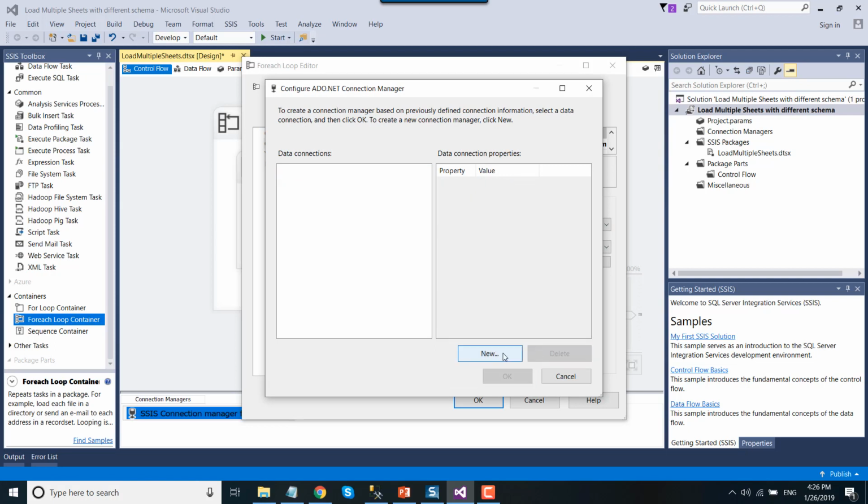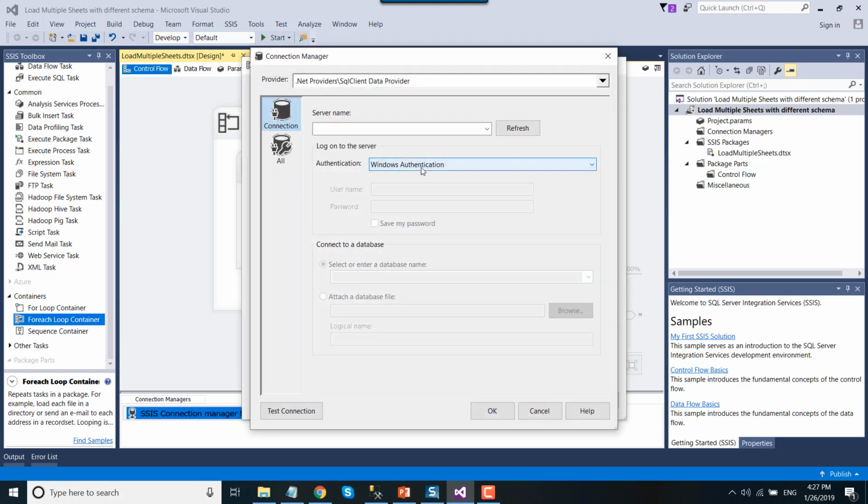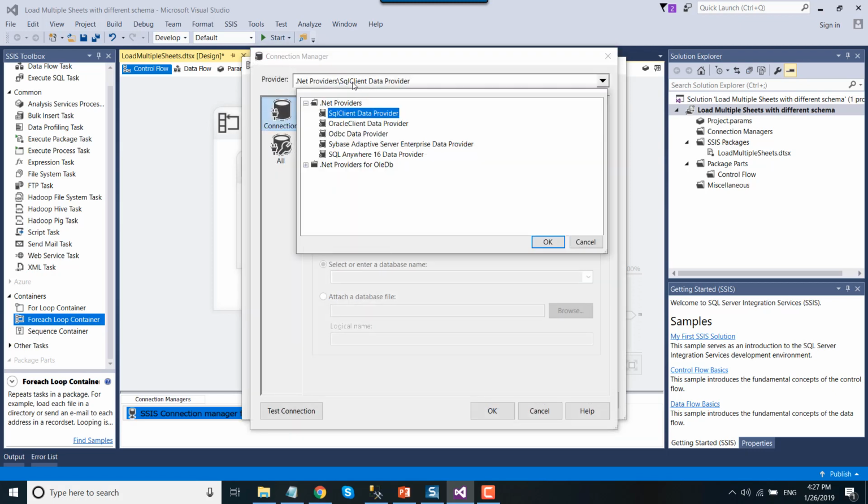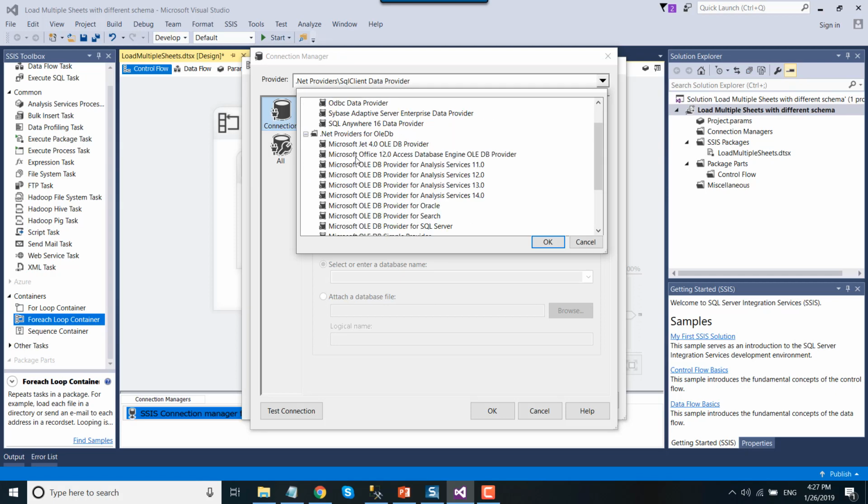Okay, and now let's create a new connection here. From the provider, we need to expand .NET Providers for OLEDB, and then select Microsoft Office 12.0 Access Database Engine OLEDB Provider.